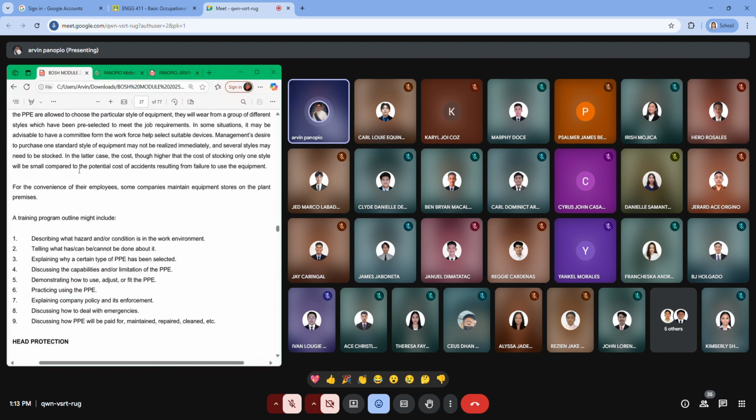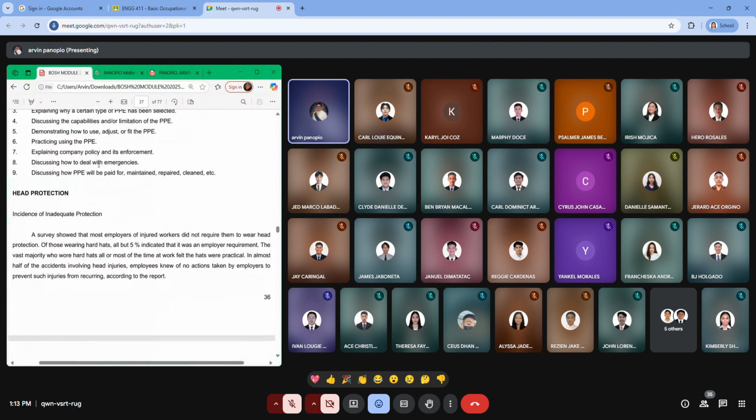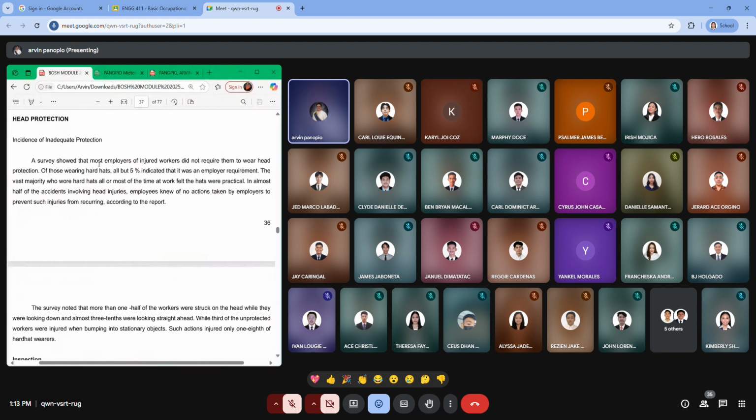So, start tayo ng mga PPE for the head protection. Ito naman is mga self-explanatory, so hindi ko na siya bibigyan ng deep explanation. Kung para saan at kung ano ito, yun na lang ang gagawin ko. So, for the head protection,